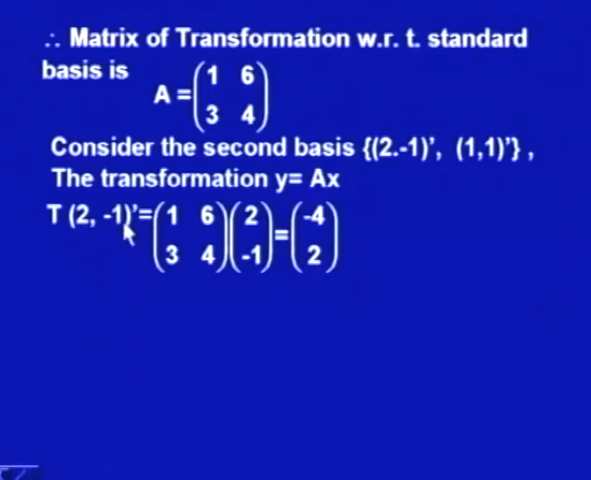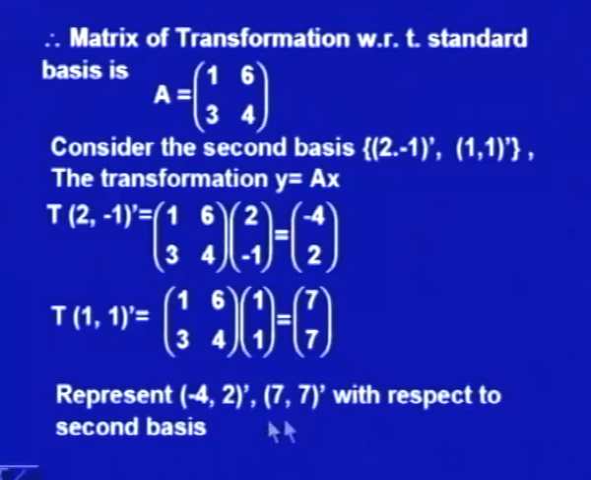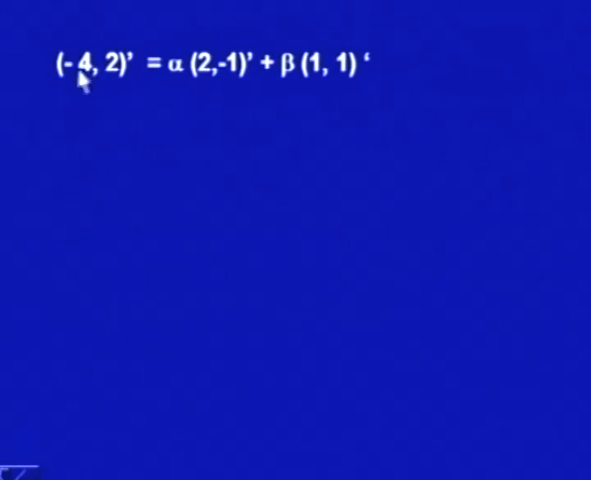So, T(2, 0) will become (4, -2). Similarly, T(1, 1) can be expressed as this matrix A multiplied by (1, 1), and that gives me (7, 7). So, the representation of (-4, 2) and (7, 7) with respect to the second basis comes out to be a linear